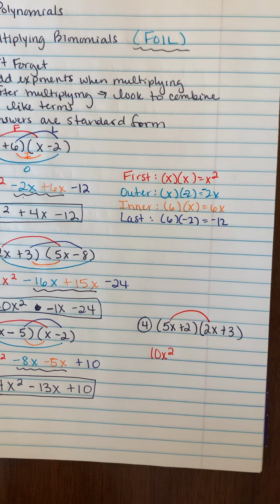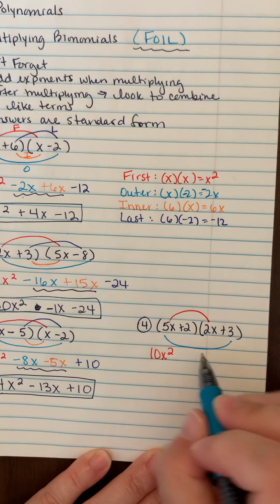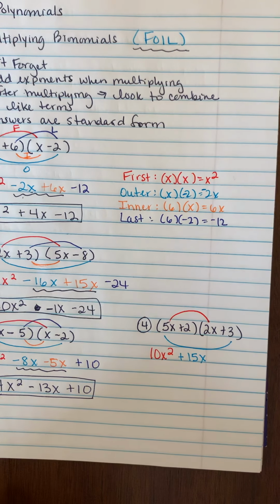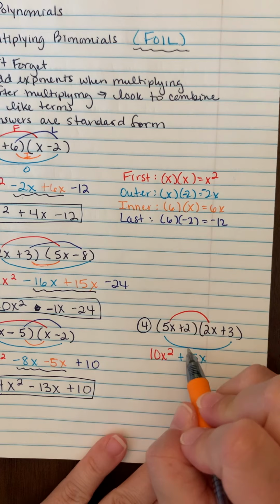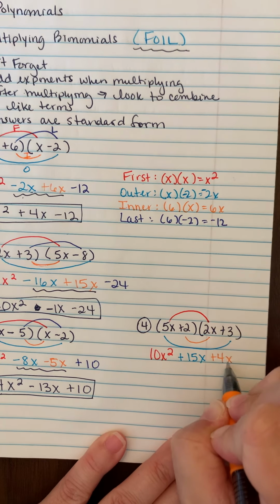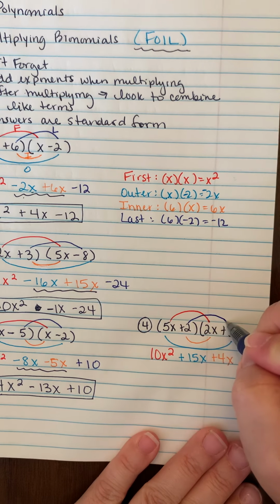And then you're going to have 5x times 3, which is 15x. And then multiply the 2 times 2x, which is 4x. And then your last terms get multiplied together. 2 times 3